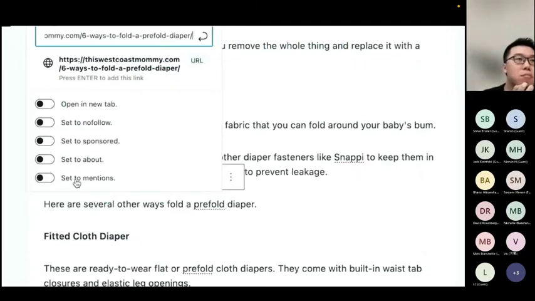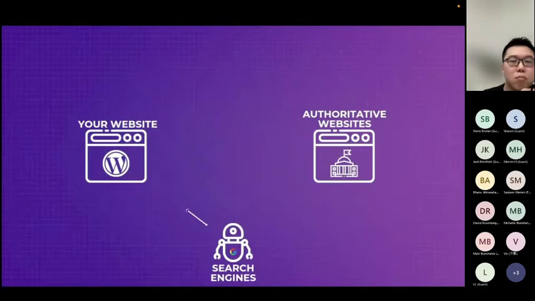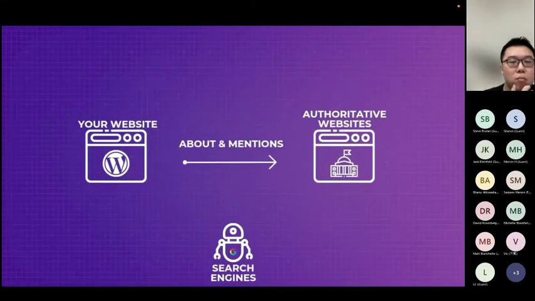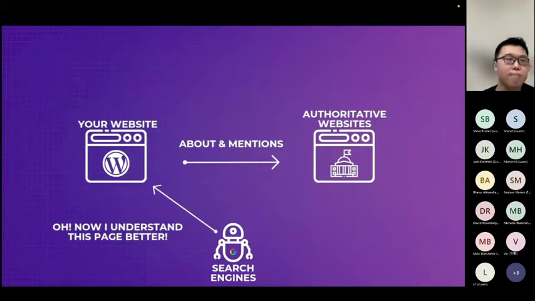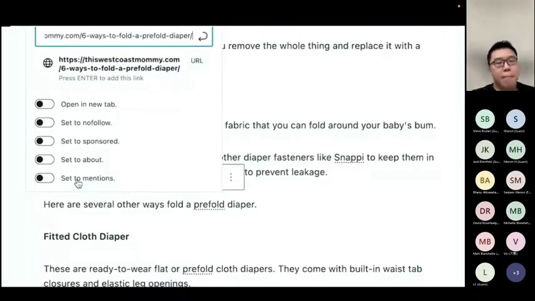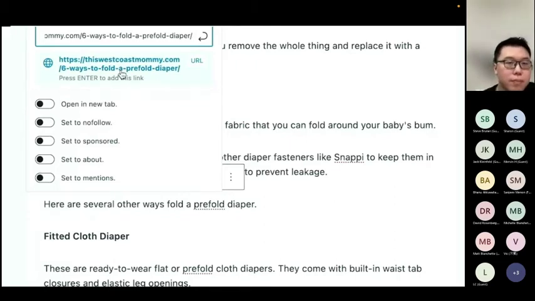The key here to use About and Mention schema is to not only add these schemas to authoritative pages like Wikipedia and official website links, as search engines have a better understanding of the topics of these pages and it could relate to your content a lot better. So ask yourself, if this is an authoritative website and if the article enhances the value of your article, if yes, set this link with the About and Mention schema.